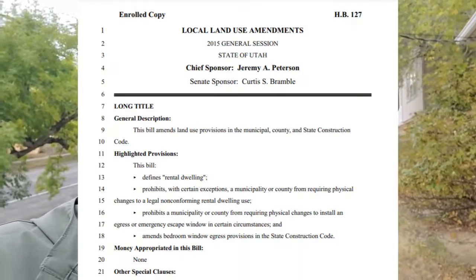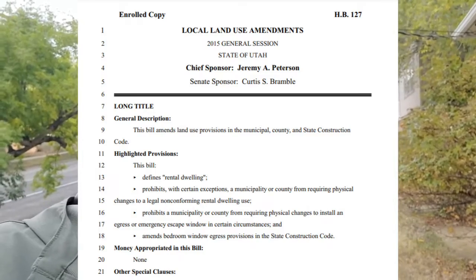But back in 2015-16, there was a law passed that made it possible for older buildings to use an alternate code, and Ogden City uses that provision. I actually passed that law, but it says that they don't have to cut into the foundation to put an egress window, but you can use an existing opening as long as it meets some very